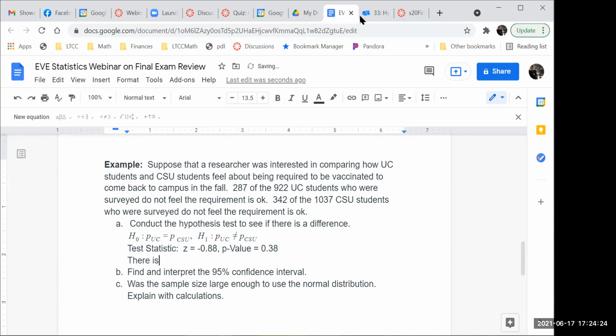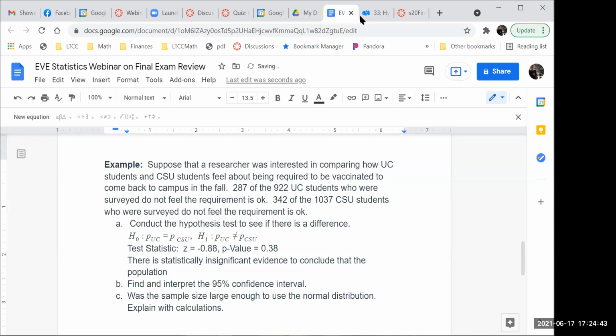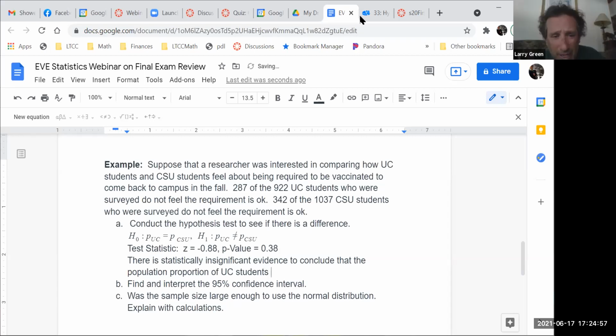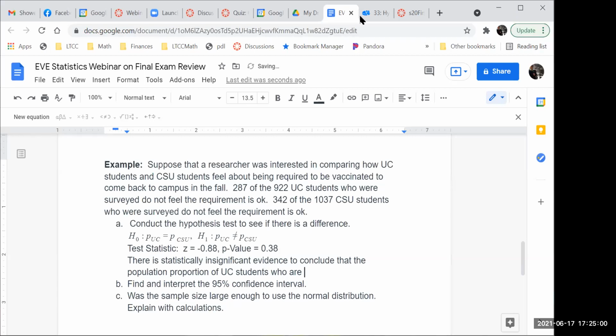There is statistically insignificant evidence to support the claim that the population proportion of UC students and CSU students differ from each other. Right, but we probably should say who they are, because that's what it's about. Who did not feel